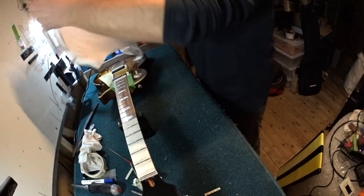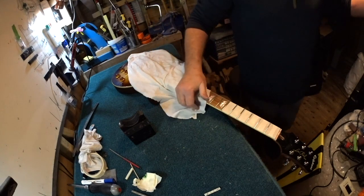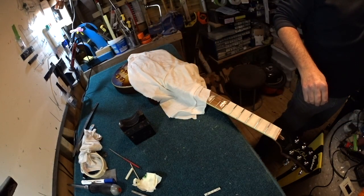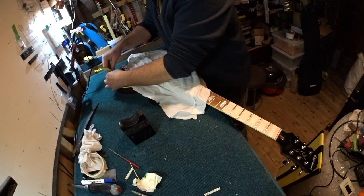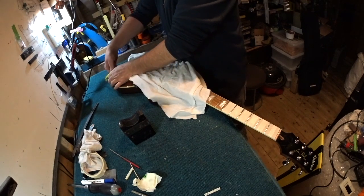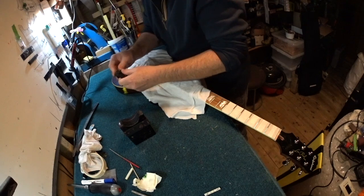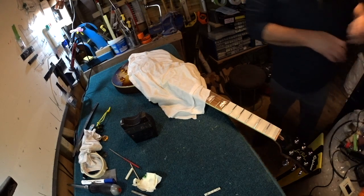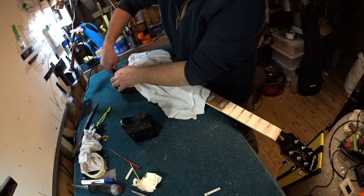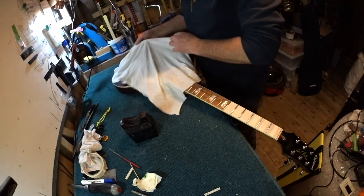Okay, so to do this changeover, let's do a couple of things first. Let's get off the knob in question, because it's going to have to come off for us to remove or change the pot out. So give it a grasp, give it an upwards pull. That's simple enough. Bit of gunge. While we're at it, we should loosen off the nut. So we can do it by hand, and then we can